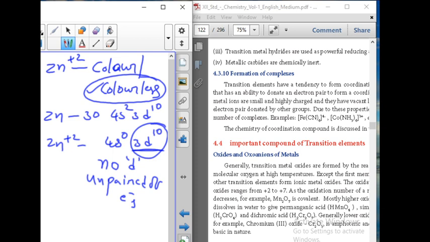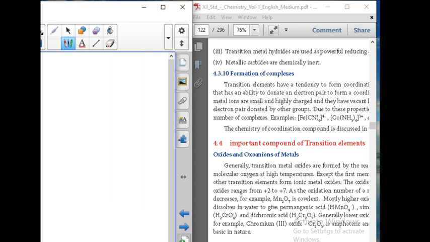Why does the presence of unpaired electrons mean color? Because any element having an unpaired electron, that electron can gain energy from sunlight, so it can undergo excitation and de-excitation. As we know from atomic structure, any excited molecule is highly unstable, so it comes back to de-excitation. On that de-excitation it can emit some radiation, and that emitted radiation passing through the prism, we can get the colors. So we get emission spectra.